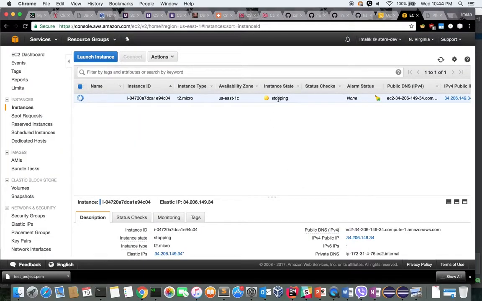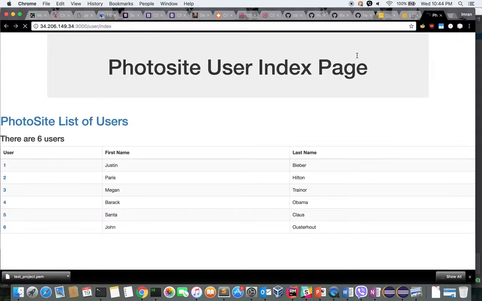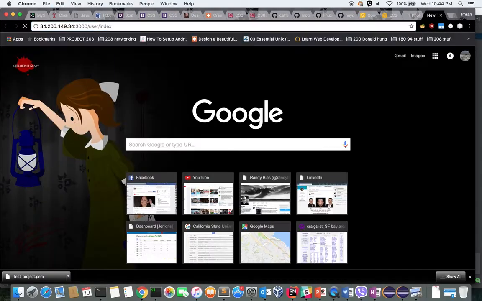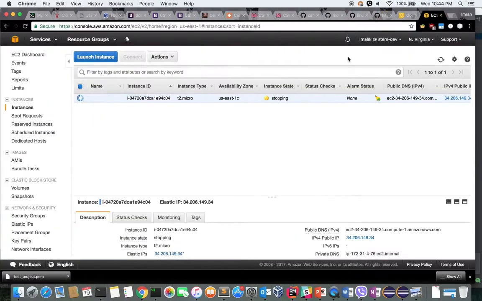Cool. So it's stopping. That means the service that I was running is also going to go down, and it's no longer going to be accessible. The elastic IP is attached to my VM, and since my VM is down, nothing is going to return. It's just going to keep saying connecting, because my VM is in shutdown state. Next time it comes back up, I have to restart the service.